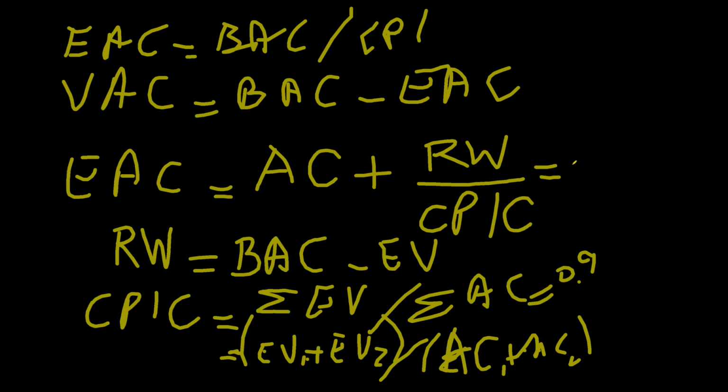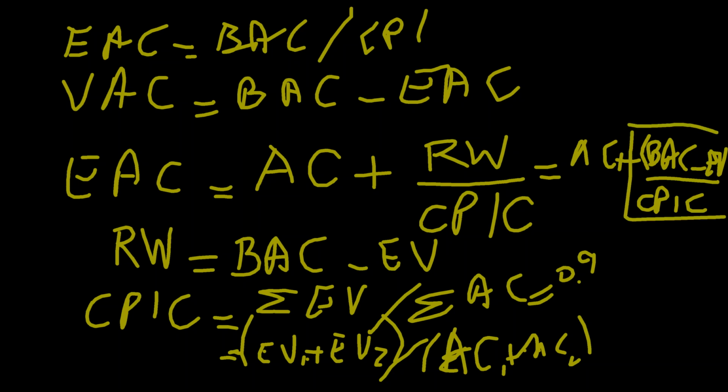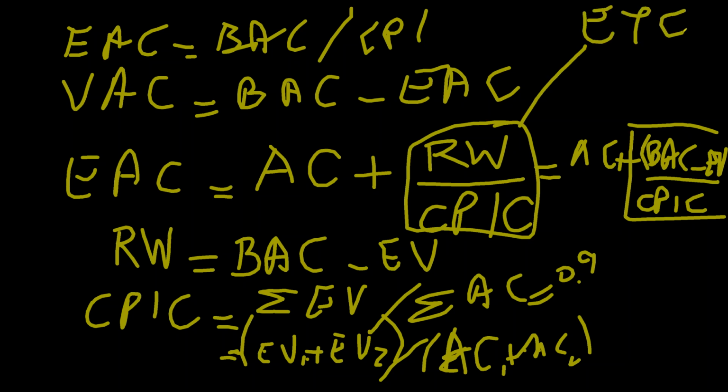अब आप ये कीजिए कि यहां पे रखें AC प्लस (BAC माइनस EV), इसके नीचे डिवाइड करें CPI की वैल्यू जो आई है ना 0.9, उसके साथ। ये आपको टोटल EAC दे देगा। मतलब ये जो पोर्शन है ना, ये वाला, दिस इज कॉल्ड ETC। ETC का मतलब होता है एस्टिमेट टू कंप्लीट, बकाया काम करने के लिए कितना पैसा चाहिए। उसमें अगर मैं AC जमा कर दूं तो EAC बन जाता है।